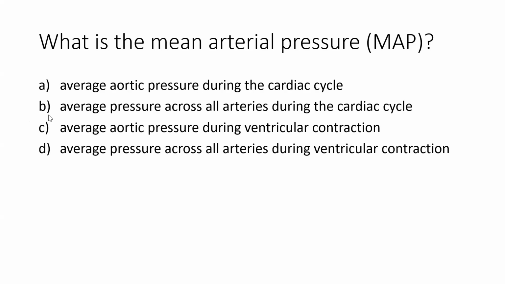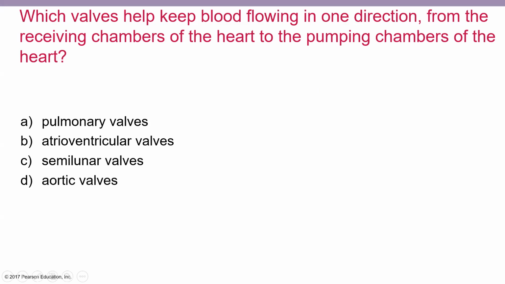If we look at A and B, we know that we measure systolic and diastolic pressure not across all arteries, but only across the aorta. So it's going to be the average aortic pressure during the cardiac cycle. So what's happening in the aorta during systole, which is our highest pressure, during diastole, which is our lowest pressure, and if we average that, we get the average pressure in the aorta during the entire cardiac cycle, okay? Which we said is a really important indicator about cardiovascular function. So the answer would have been A here. Okay. We'll look at two more and then I'll see if there are any other questions.